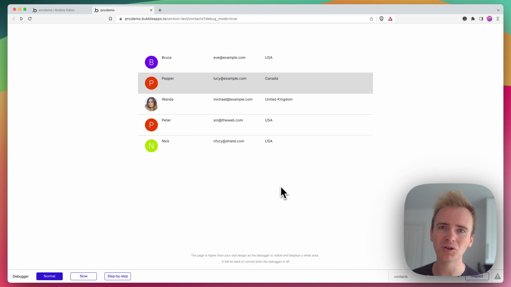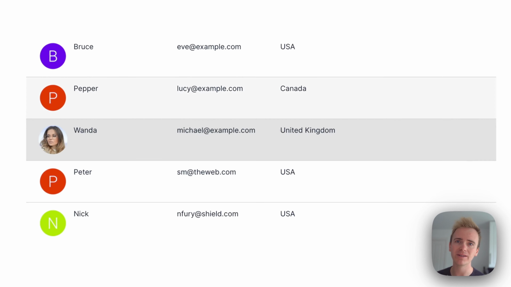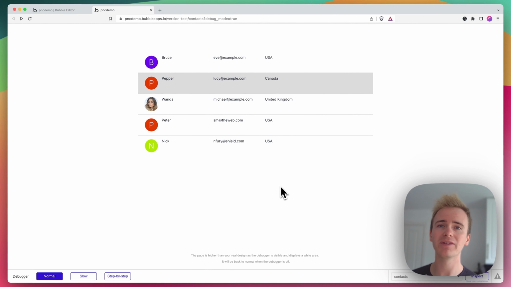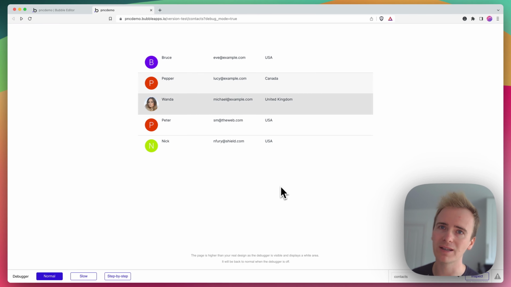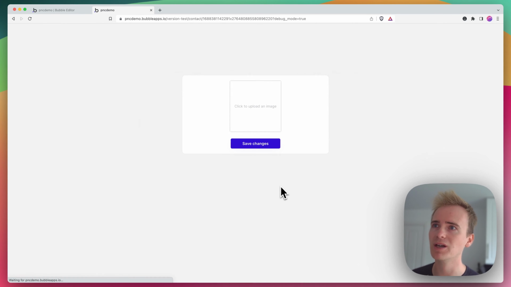In this Bubble tutorial video, I'm going to show you how you can use the arrow keys to navigate up and down records in a repeating group. I wanted to record this video showing the new Bubble table element, however that hasn't quite got the right data sources linking them into your workflows to make that possible. So this is using a repeating group, and I can navigate up and down with my arrow keys, and if I want to view Peter's record, I navigate to Peter and I hit enter on my keyboard